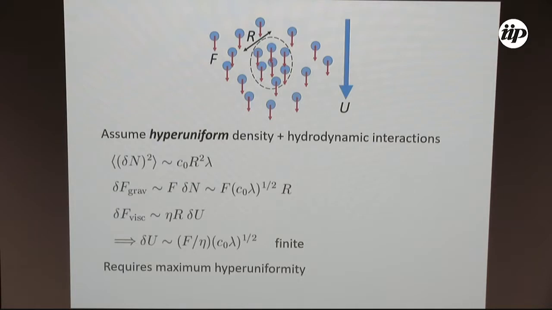Okay, so let's do the same trick, but now assume that the fluctuations in the density are not normal. If you do the same calculation, which again you can do on the back of an envelope, you find that if your hyperuniformity is maximum, in the sense that it is as uniform as a crystal, where the fluctuation goes like the surface of your sub-region, then you are okay. The fluctuation in velocity is finite, and you have no Caflisch-Luke problem. That's a way for the system to avoid very large stresses by suppressing the fluctuation in density.